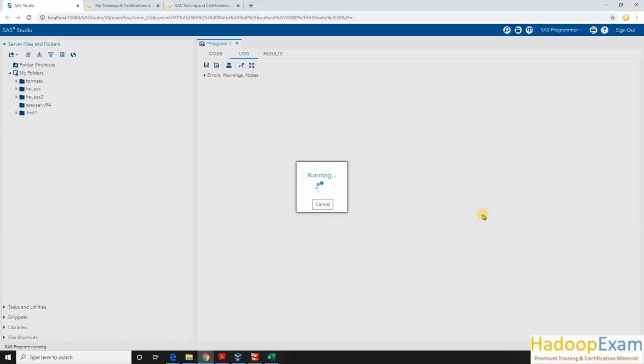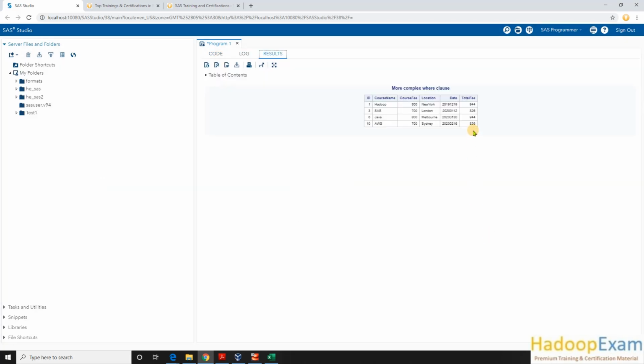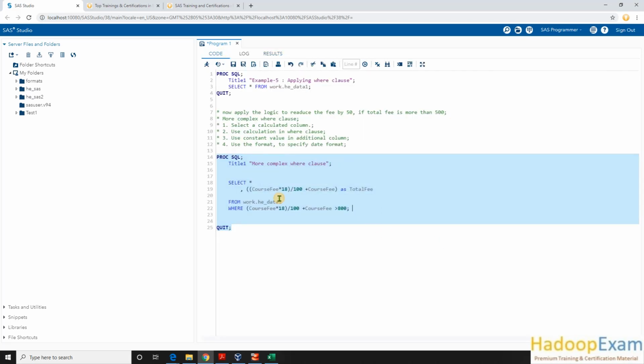You can see only these 4 records have total fee more than $800, correct? We are not applying this condition on the course fee. We are calculating the value total fee and using this expression in the where condition.